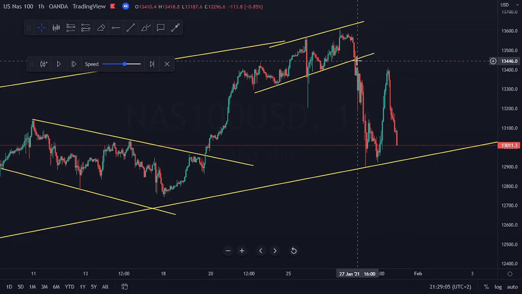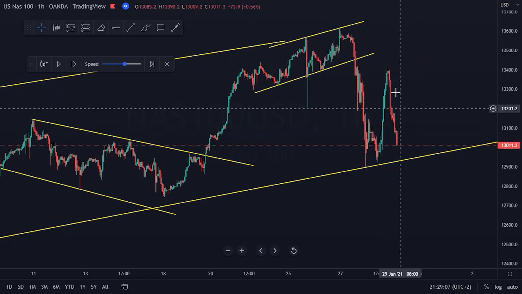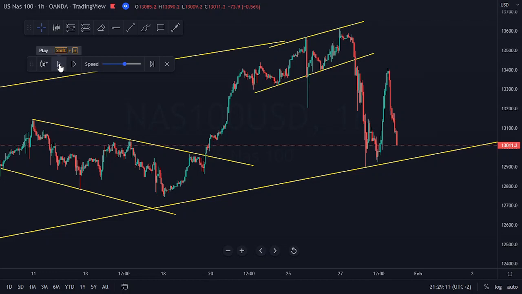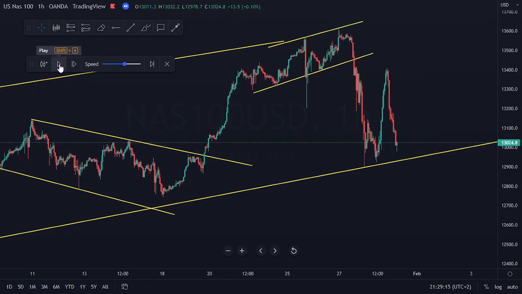So if I've already been taken out of this and whatever is happening afterwards is not clear to me, I'd rather just wait for the market to give me a clear play, because it is better for you to protect your capital by not being in a trade you do not understand the reasons for, than for you to enter into a trade